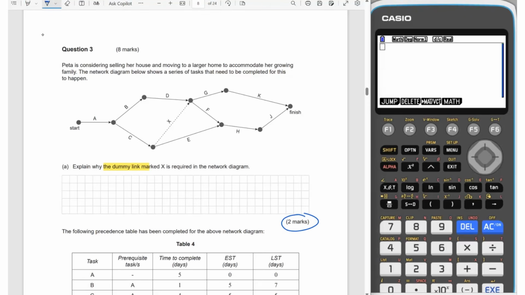And you want to include, so your dummy link starts here, so it's coming up from C. And you can see where it points to. It's pointing to being a prerequisite for both G and F, as well as being down here a prerequisite for E. So we have to talk about those things. So we'll start off with E. So we'll say that E has a prerequisite